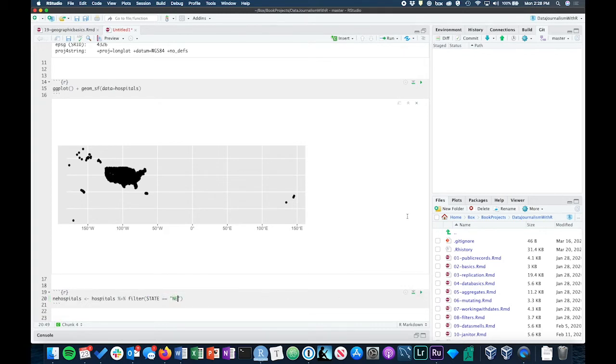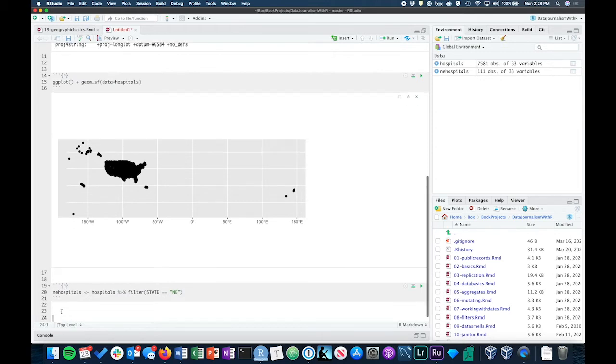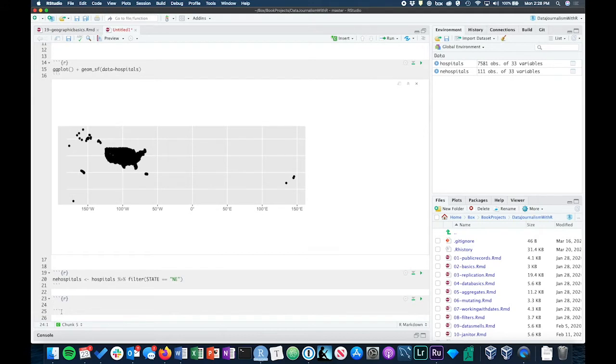And we run that over here in my environment. My Nebraska hospitals has 111 hospitals. So there's 7,581 hospitals in the United States plus the protectorates. There's 111 in Nebraska. Well, we don't really know this data, and we don't really know what is in there. So it helps to have Janitor installed so we can run table on things. So let's do any hospitals,